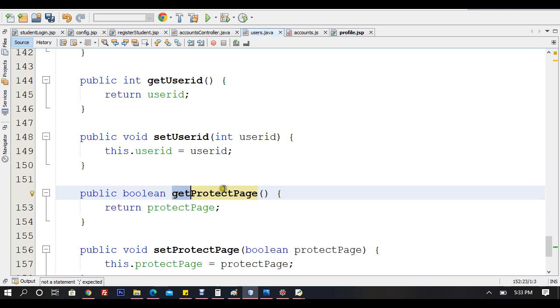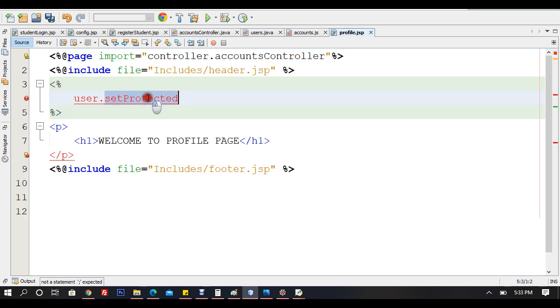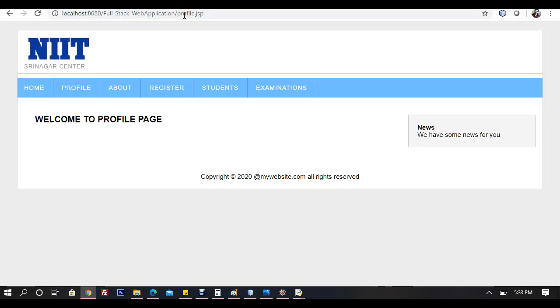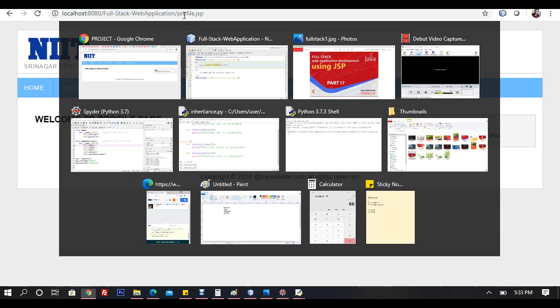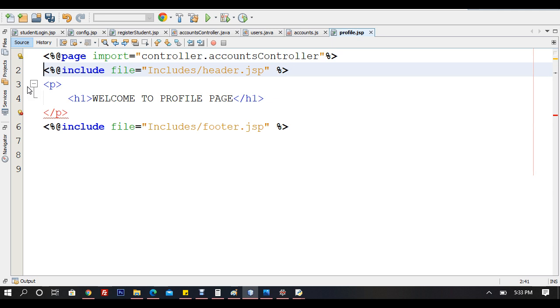What was it? Yes, setProtectedPage. So you can say user.setProtectedPage is equal to true. That's it. Now you can see, refresh. Why? user.setProtectedPage is equal to true has to be the